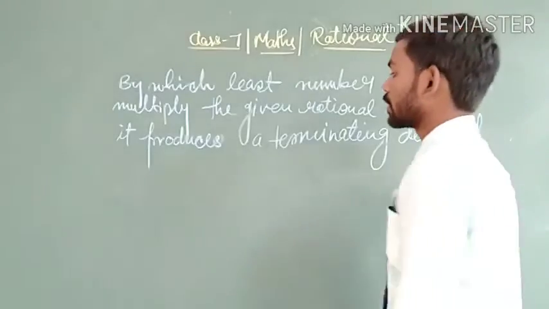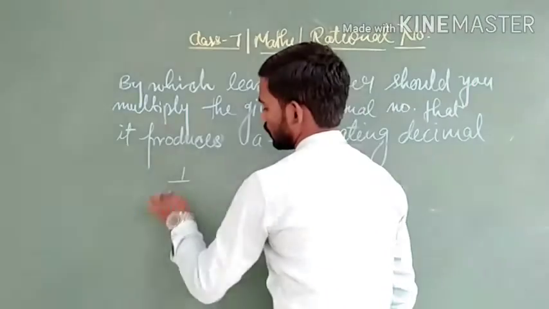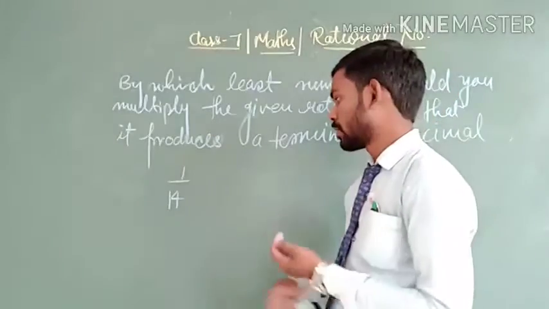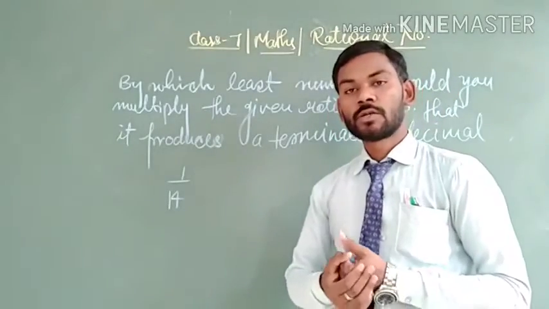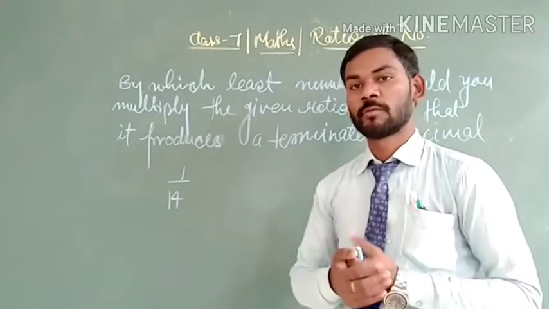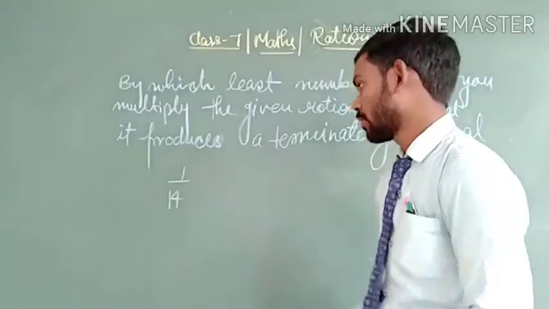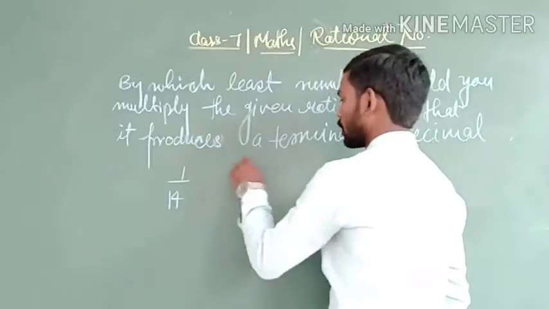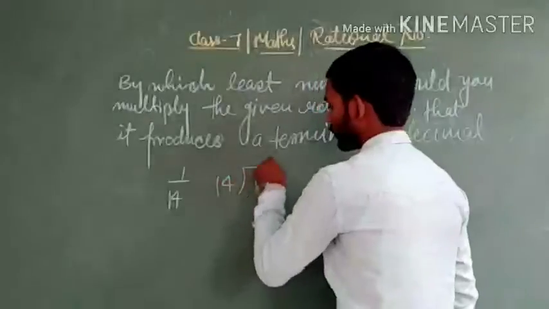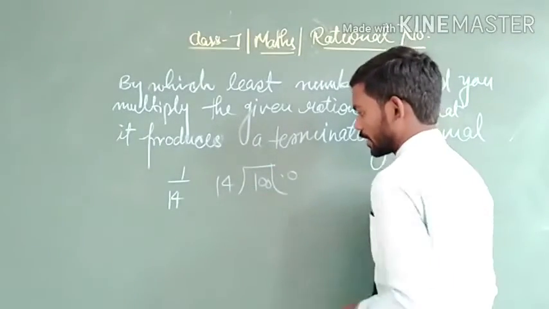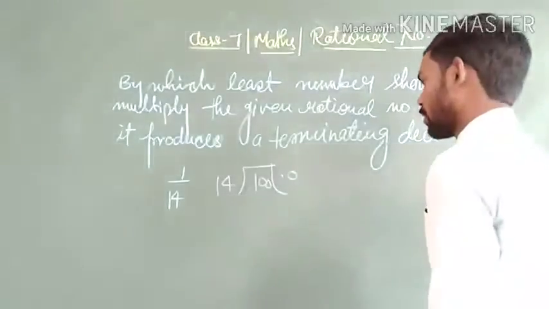So let us see here the given question is 1 upon 14. If we see that, we find this is not a terminating decimal number. How? First of all, let's check. So here we divide 1 by 14. So put 0, it becomes 10, again put 0, it becomes 100, and now we get